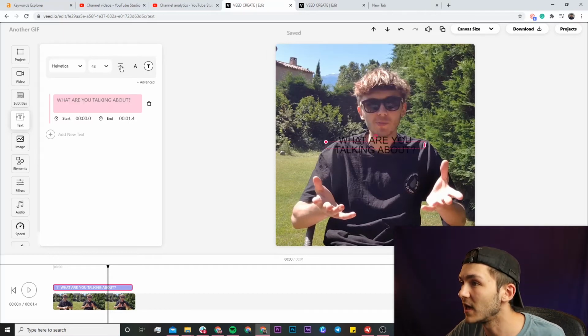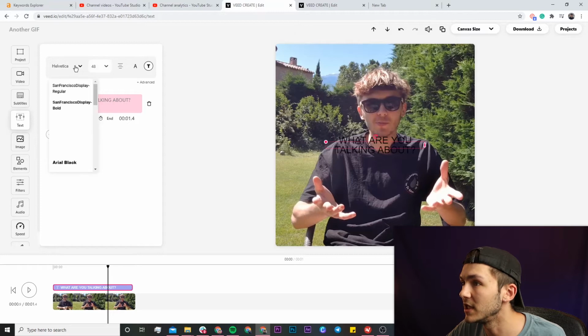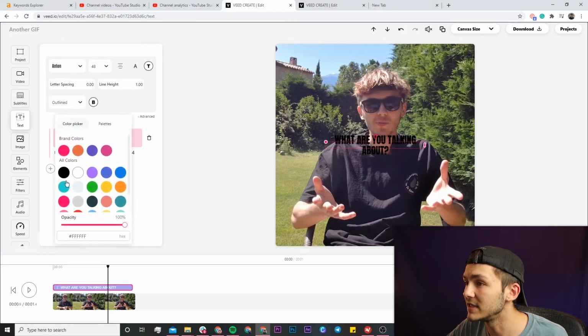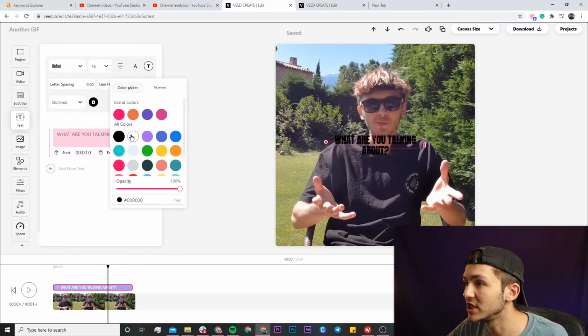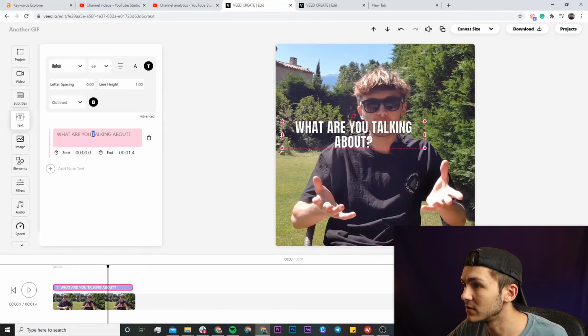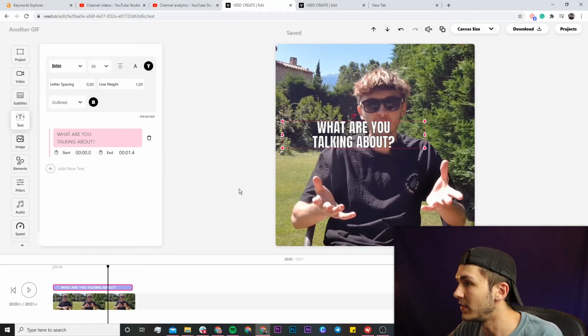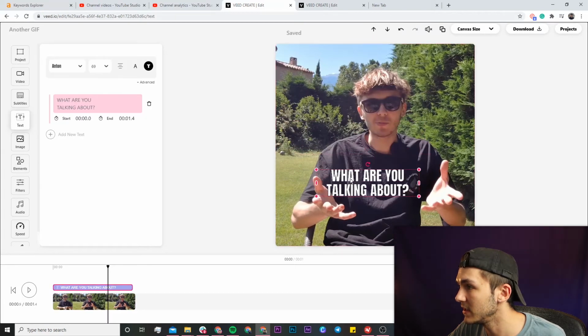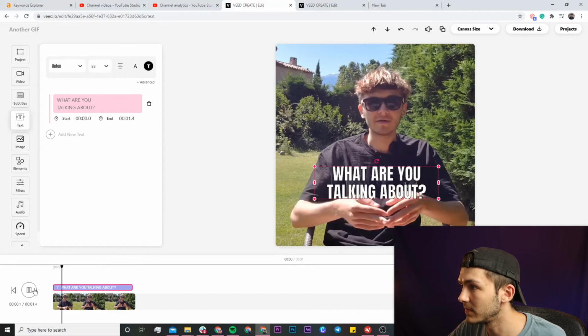Now what I need to do is style it. So first of all, I'm going to change the font. I'm going to change the font to Anton. I'm going to click on the advanced, and then I'm actually going to change the text style to outlined. So I now have this black outline, and I'm going to change the text to white. This reminds me of the kind of old meme style. I'm actually going to maybe, there we go, just like this. And then if I put it roughly here, click and drag to resize. So now if I do it,